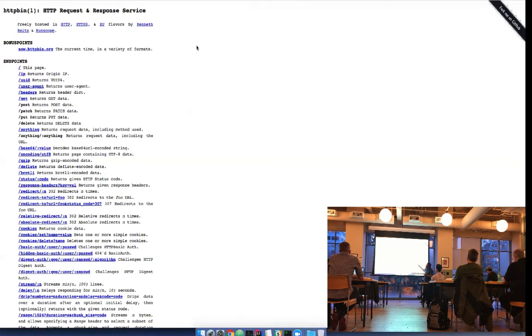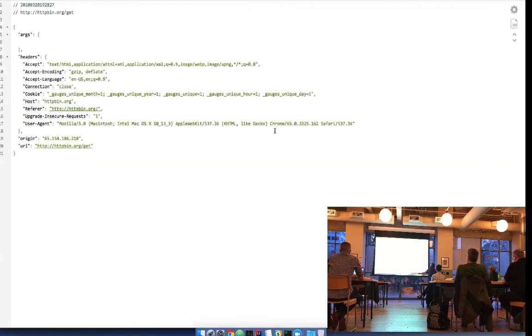This is a pretty cool site if you're just testing your HTTP client. What it does is, let me take a couple of endpoints. So if I just call the get endpoint, it just presents back what you have sent, right? As well as all the HTTP headers. Say if you send some argument to some endpoint,